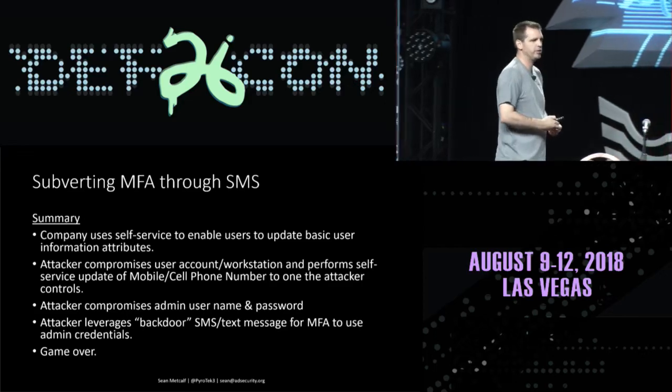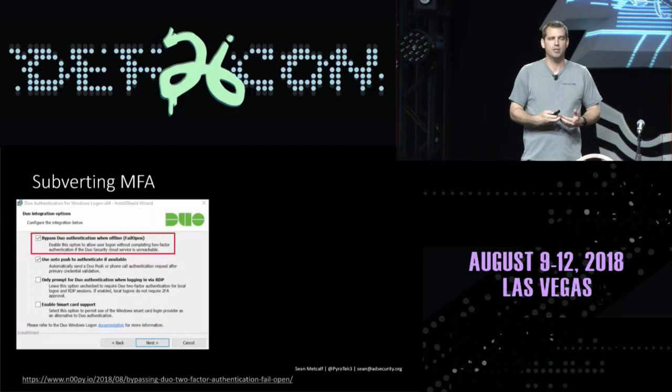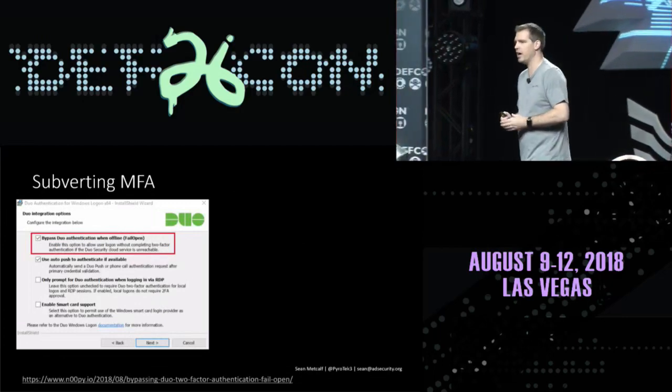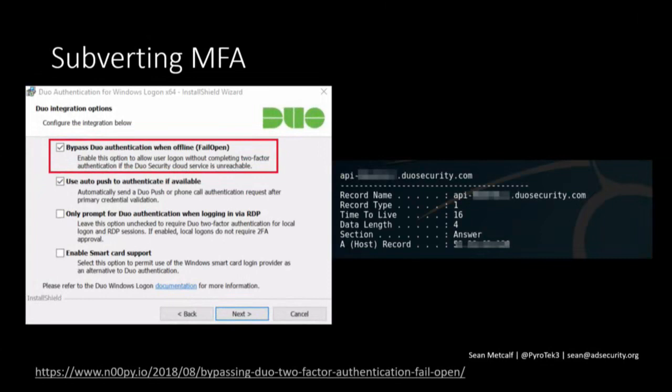That's a quick summary for the people who are looking at slides later about how this actually works. There's another interesting thing about Duo, is that Duo fails open. For Duo to work, it connects to an API, a record, duosecurity.com. And that's configured with that company and that instance of Duo within that company. And what happens is when you connect to it and you have that prompt, it's got to check, obviously, to figure out how to push to you, how to know that you can access it, who you are, etc.